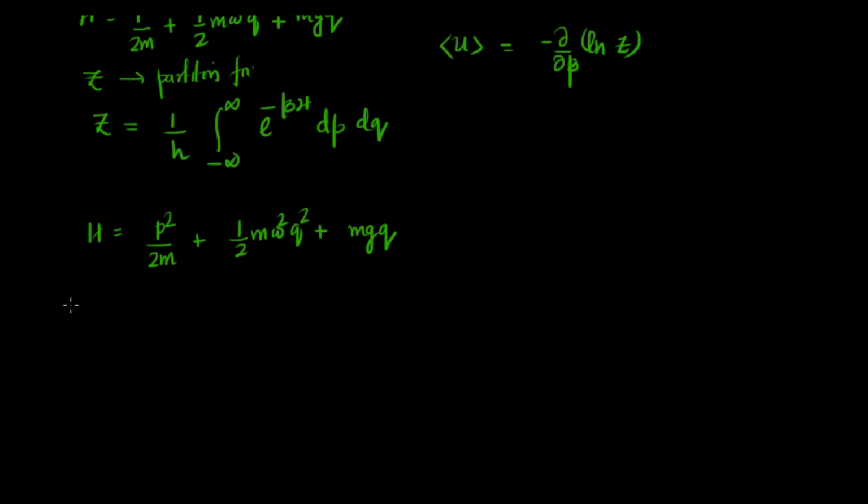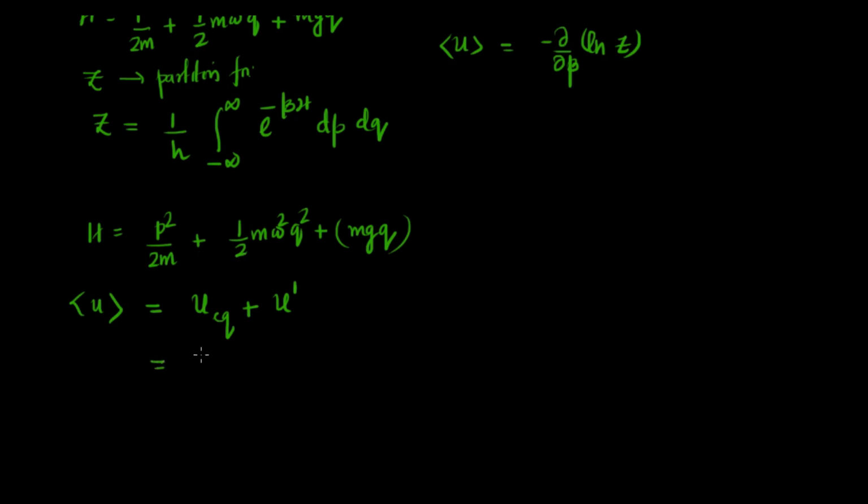So we need to find the internal energy. I'm going to divide it into two terms: one from the equipartition theorem and one from the perturbation, that is the extra potential happening here, which I'm going to denote as U′. If you see the Hamiltonian clearly, there are two quadratic terms and one linear term. The linear term won't contribute anything to the equipartition theorem. So we have two quadratic terms, and each will contribute ½kBT.